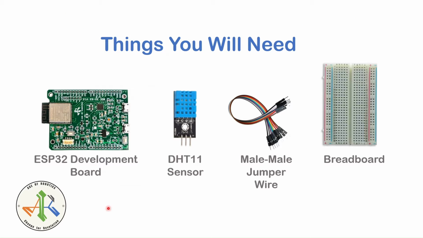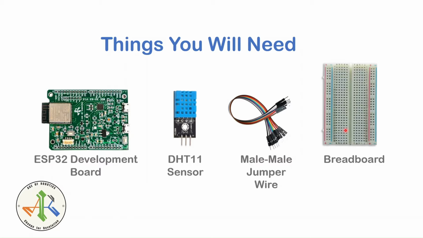So for this tutorial, you are going to need an ESP32 development board. I am using my own custom built ESP32 S3 based development board, but you can use any other ESP32 development board for this tutorial. Then we will need the DHT11 sensor to read the humidity and temperature data. Then we will need the male-to-male jumper wires to connect the DHT11 sensor to our development board and a breadboard